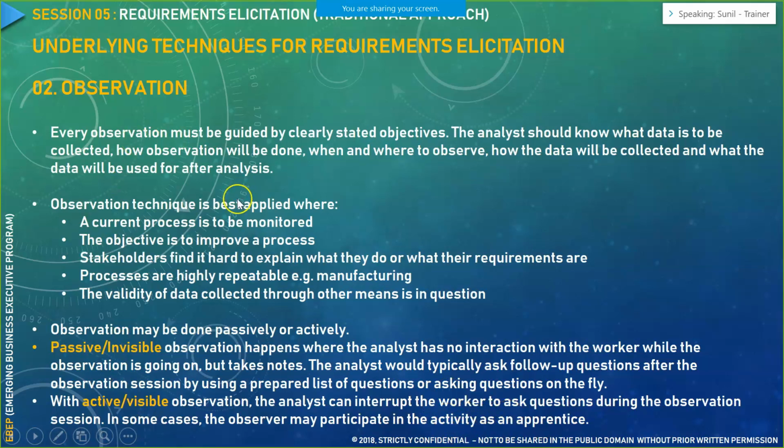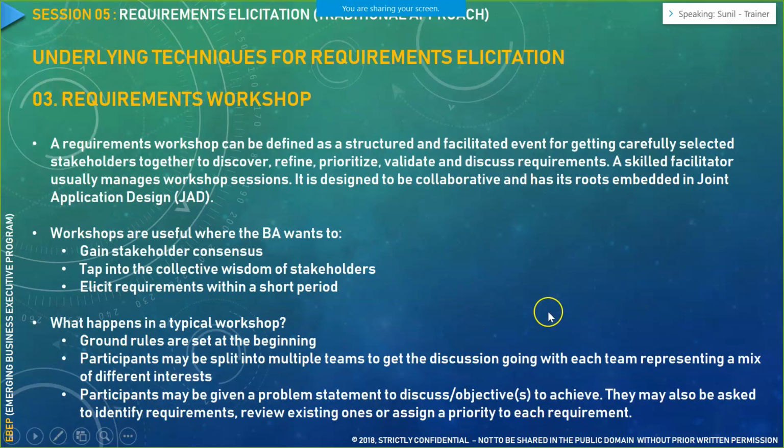So observation is a very useful technique, especially in circumstances when your stakeholders are very busy and you are asked to gather requirements from them, especially the operations team. Just sit behind them and see what they are doing for one to two days and create your meeting notes, or ask them open questions like why you did this action in that particular system. After you have gathered the requirements, document them and send them for approval to the appropriate business stakeholder. This is a very interesting technique that you use as a business analyst.